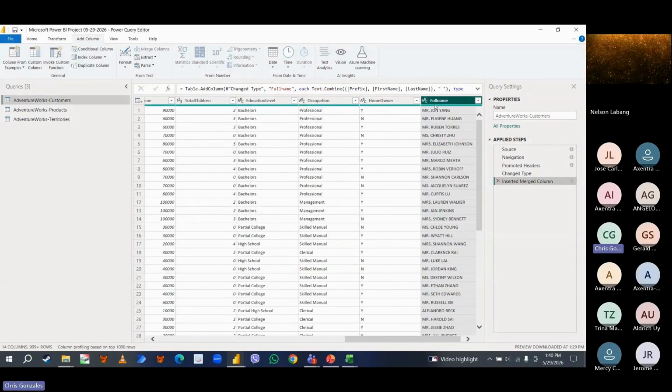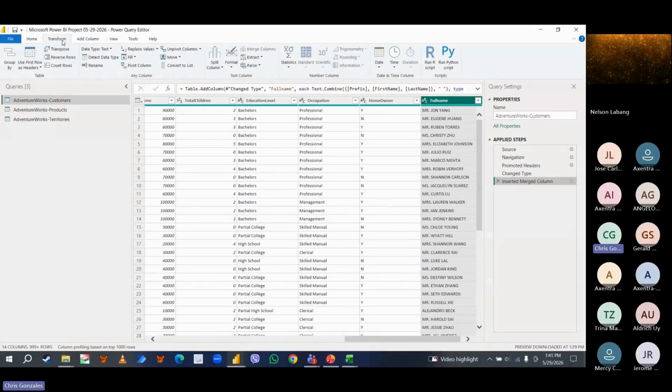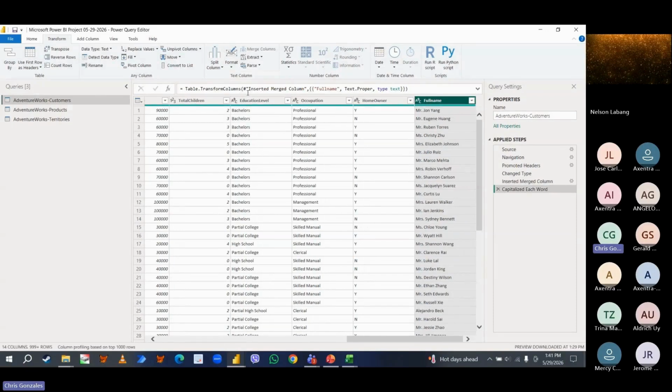And instead of adding column, there's a transform tab that provides the same solution. All right, the main difference is it will not add a column. Instead, it will modify an existing column. So over here, I will click on the capitalize each word and see what will happen. It converts the existing selected column, right? It doesn't add any column at all. So I don't have to add and remove it.